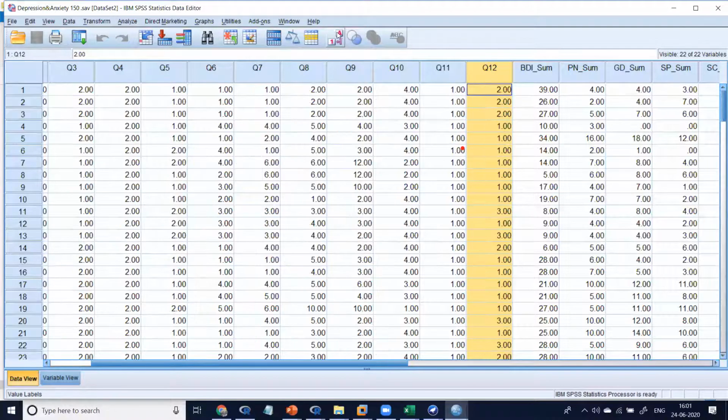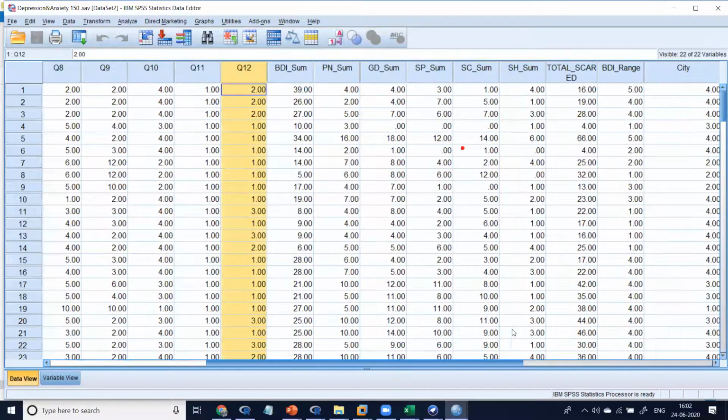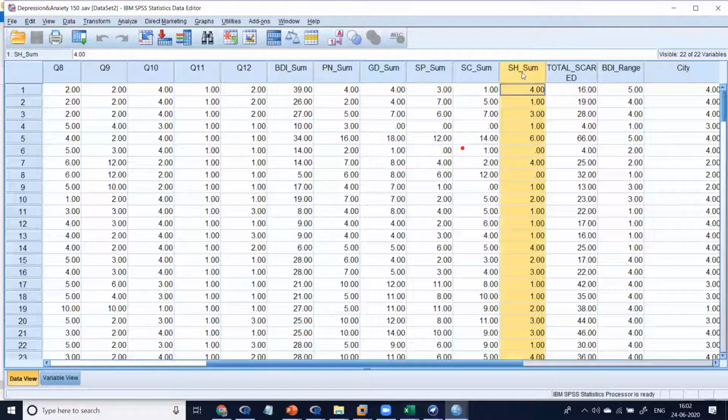Now this data is converted into a matrix. This is the score of panic disorder, generalized anxiety disorder, separation anxiety disorder, school avoidance disorder. School avoidance disorder means if people go to school, they suffer with headache and stomachache. Monday to Friday only they get headache and stomachache, but Saturday, Sunday they never get any headache.